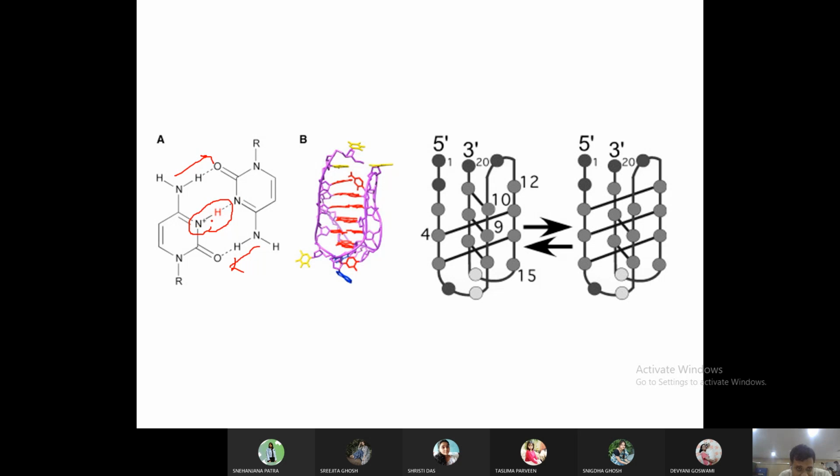And this protonation is reversible. Sometimes this nitrogen is protonated, sometimes that nitrogen is protonated, and depending on that, this crisscross nature is flexible. Sometimes it goes crisscross like this, other times crisscross like that, but all the time there are crisscross hydrogen bonds, and this structure is called the i-motif. It was found in the test tube.